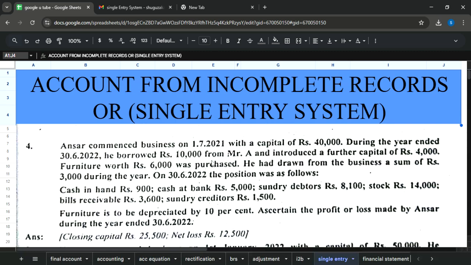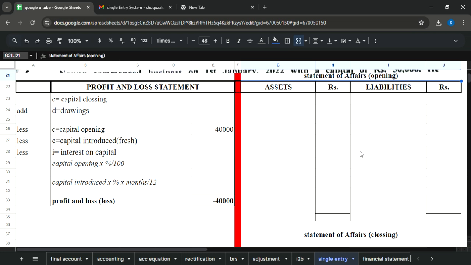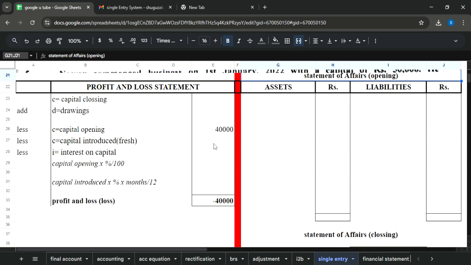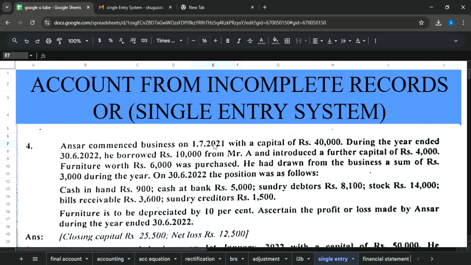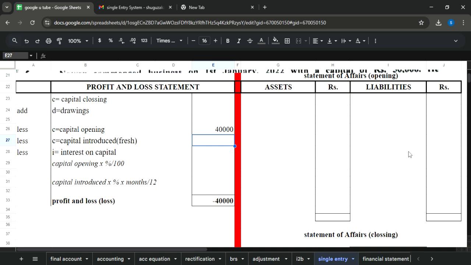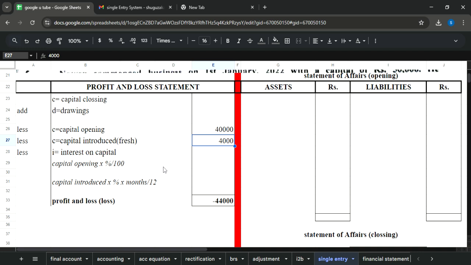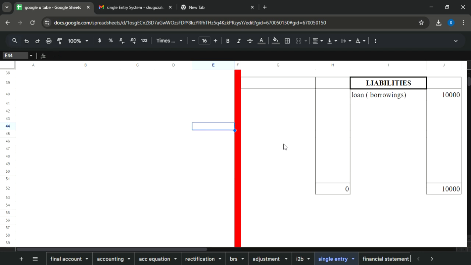Next, Mr. A introduced a further capital. Further capital means fresh capital. Introduced capital 4,000. So you will go to the profit and loss statement. Introduced capital. How much is the amount of introduced capital? Look at here, 4,000. Just write down 4,000 in front of introduced capital. Then we have furniture 6,000. Furniture is your asset and normally it would have some adjustments. So what you will do? You will write furniture and the amount of furniture is 6,000, and then you will wait to see if there is any adjustment related